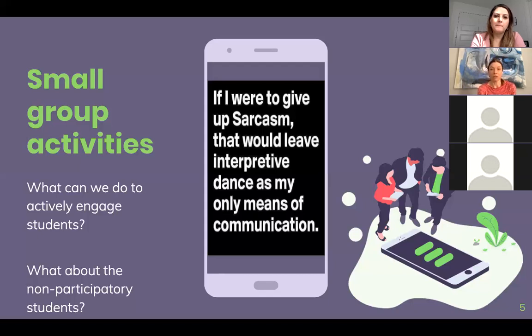And those questions also give the instructor a sense of the students' understanding of the material and their depth of understanding of the material.